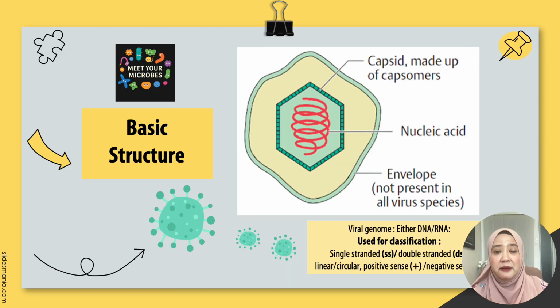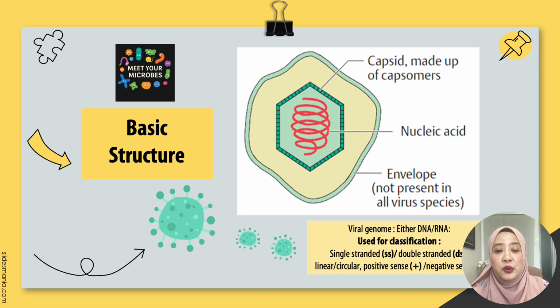Irrespective of the size and shape, every single virus must have this basic structure comprising nucleic acid, which is either DNA or RNA, it cannot be both, inside a protein matrix or a capsid. So that is fundamental. You've got your nucleic acid and you've got your protein, and that's it. Certain viruses may have an envelope, but certain viruses don't. That's okay. And one thing that I want to emphasize is that the nucleic acid, or the actual genome, is very vital because it's used for virus classification purposes.